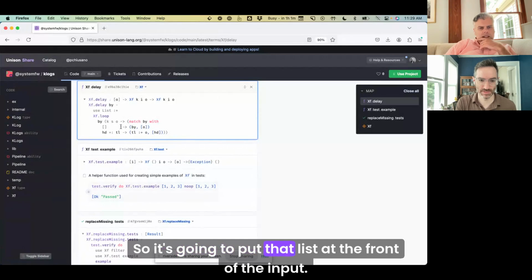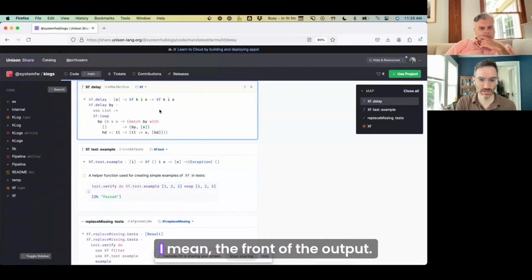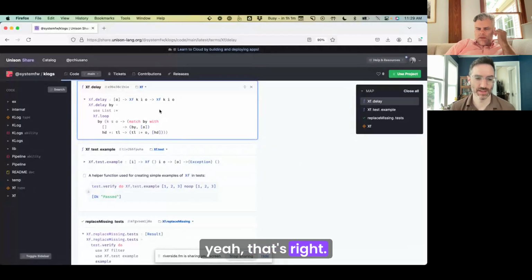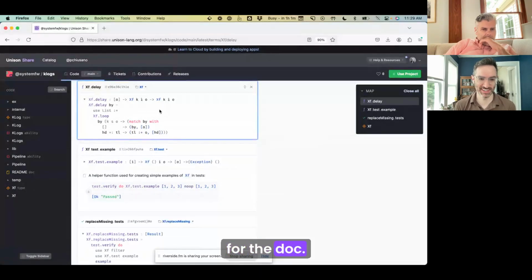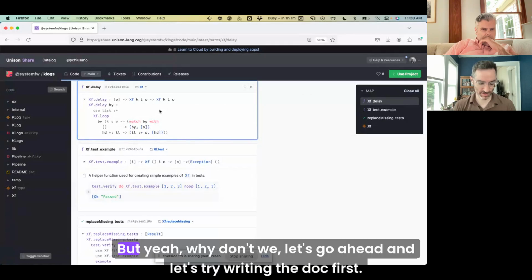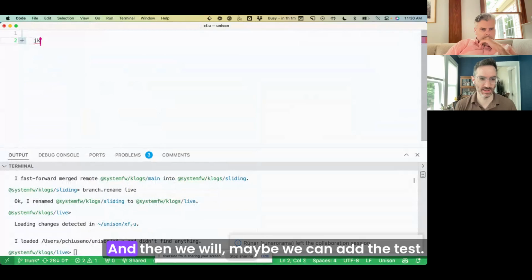So it's going to put that list at the front of the input? Is that what that means? It's going to put that list at the front of the output? Yeah, that's right. So if you, say, delayed a, well, we should come up maybe with a good example for the doc. But yeah, let's go ahead and try writing the doc first, and then maybe we can add the test.